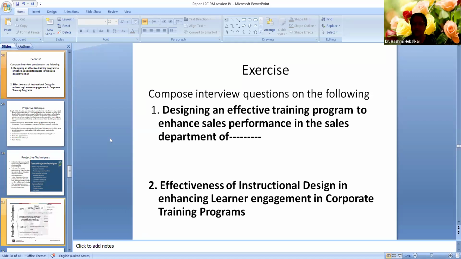But remember, these are interview questions, either individual or focused. These are not survey questions. So there are no yes, no, true, false kind of answers. You have to go deeper. You want insights. From the answer to your question, the next question should emerge. You may have drafted 5 questions before taking the interview, but you should end up with 15 questions, because the answer to one question gives you room for asking more questions.